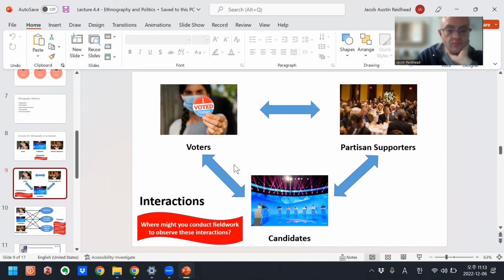We can also ask where we might conduct fieldwork to observe these interactions. Where could you go to see voters and candidates interacting, or to see candidates and partisan supporters interacting, etc.